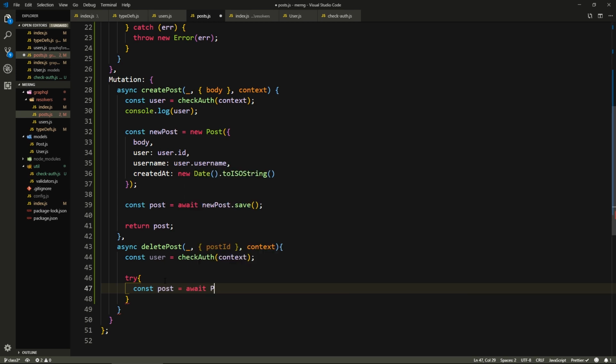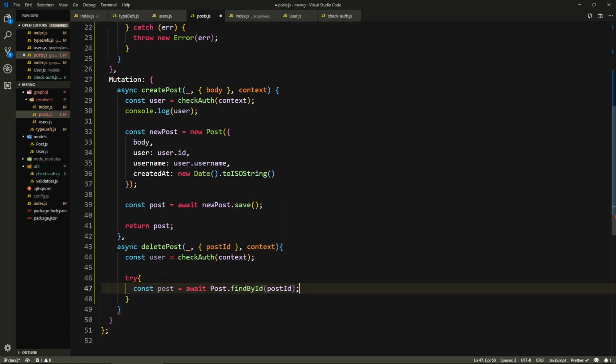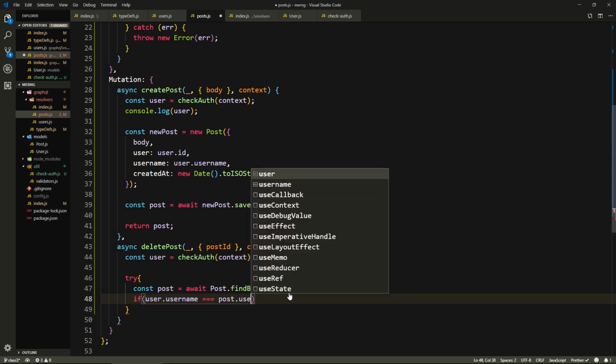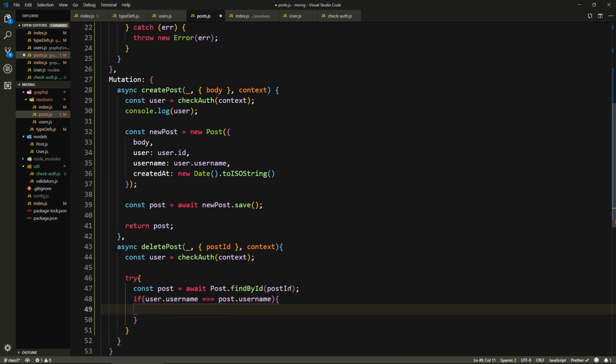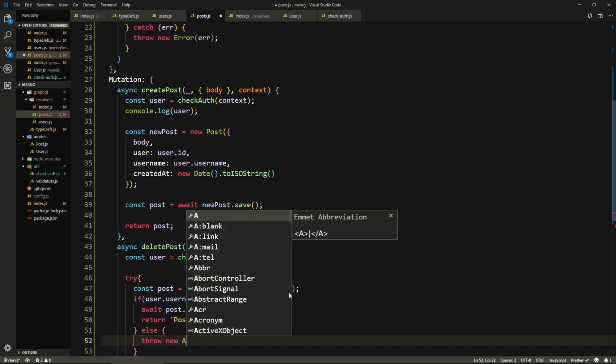const post equals await Post.findById(postId). And then here we put that if statement, and we'll say if the username is the same as post.username, that means this is the owner of the post. So we just await post.delete. Oops, delete. Oh, I hate the word delete. Here, after it's deleted, we just return the string 'Post deleted successfully'. And then here else, if it's not, that means we're like, yo, this is not your post, you can't delete it. So we say throw new,